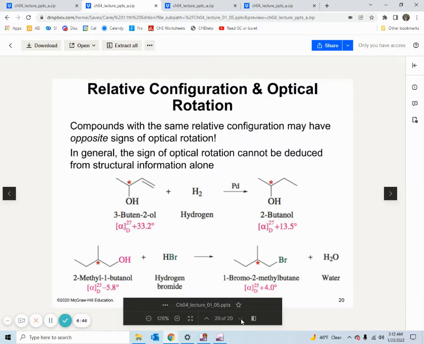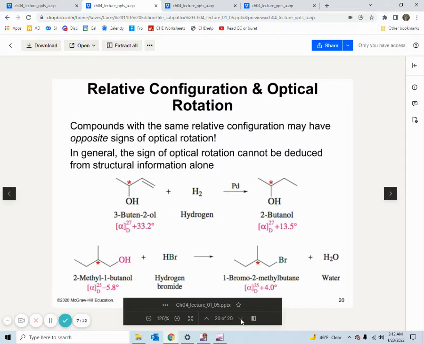Relative configuration and optical rotation. Compounds with the same relative configuration may have opposite signs of optical rotation. In general, the sign of optical rotation cannot be deduced from structural information alone. Our examples include 3-butanol, 33.2, and the reaction with hydrogen and a palladium catalyst. We see the 2-butanol plus 13.5,